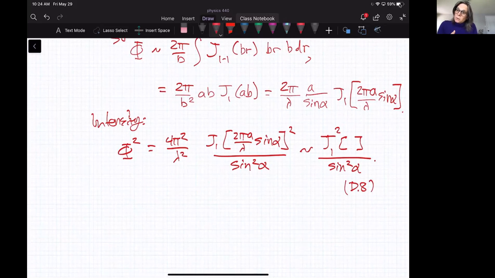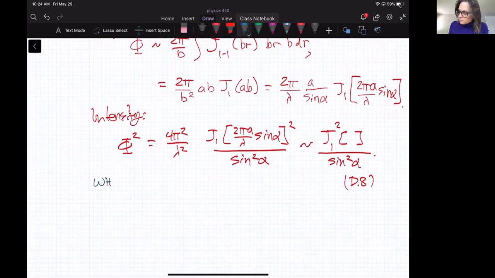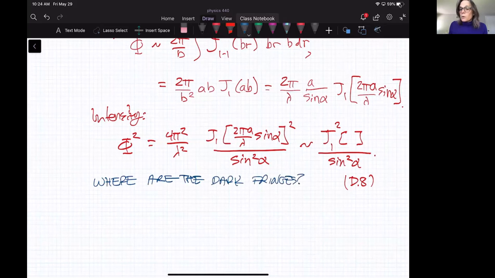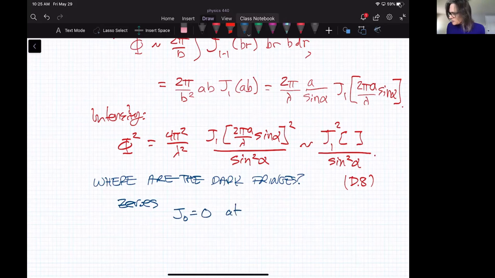But what's useful, I mean, we could plot this out, but often what's useful is asking where are the zeros? Where are the dark fringes? Well, those dark fringes occur for zeros, right? So the zeros, often we have to look up, unless you start memorizing this, and I would recommend not, unless you want to impress people at parties. It's one thing to memorize pi to 10,000 places, but if you memorize J naught zeros to 10,000 places, I'll be impressed. So J naught equals 0, as I said before, as a function of x, at x equals 2.4,